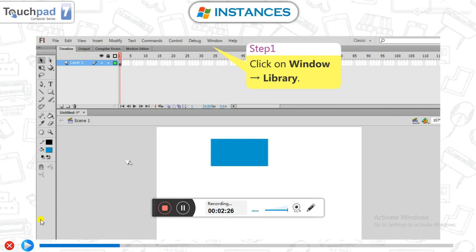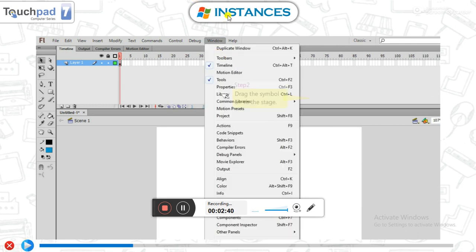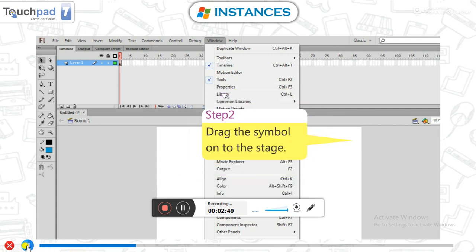For opening the library, you go to the window menu. When you click on the window menu, many options appear. From here you click on library, and you can also use the shortcut key Ctrl+L to open the library.